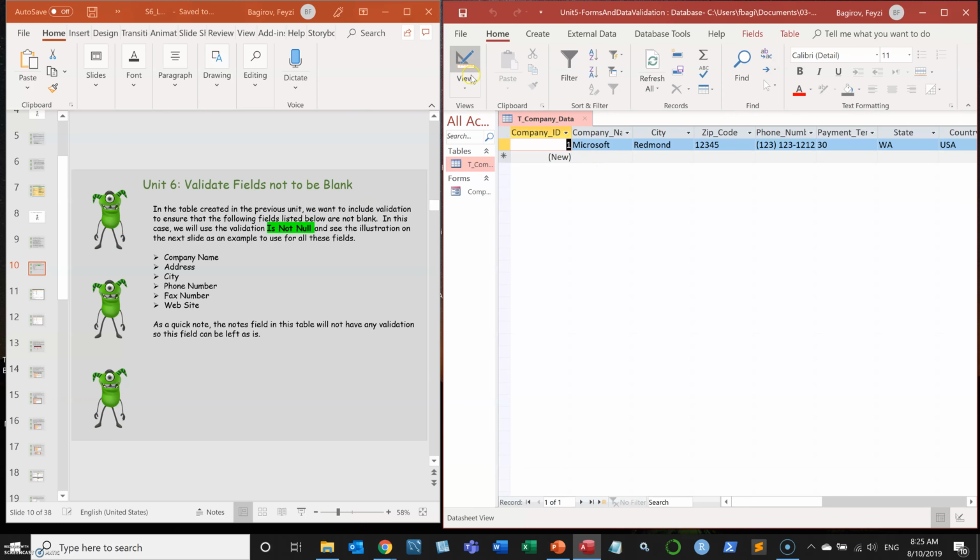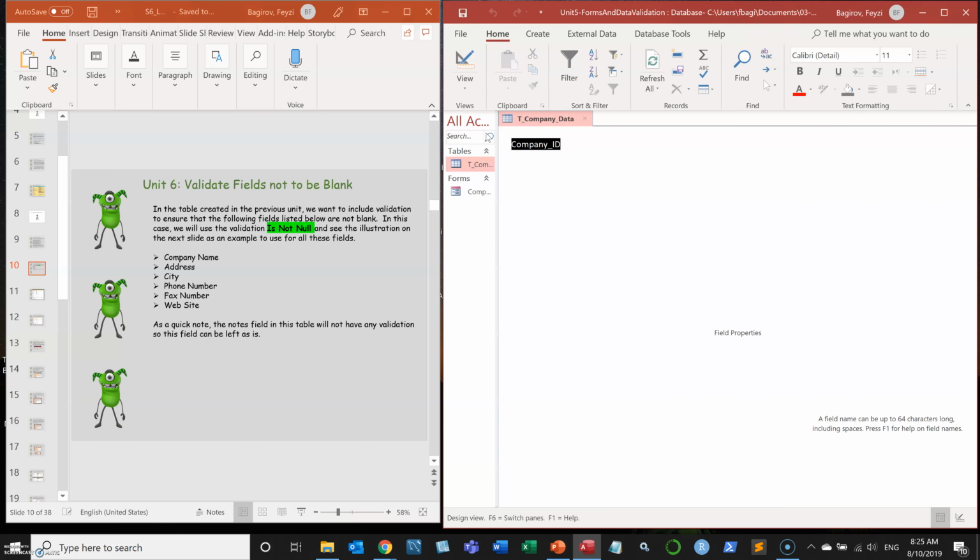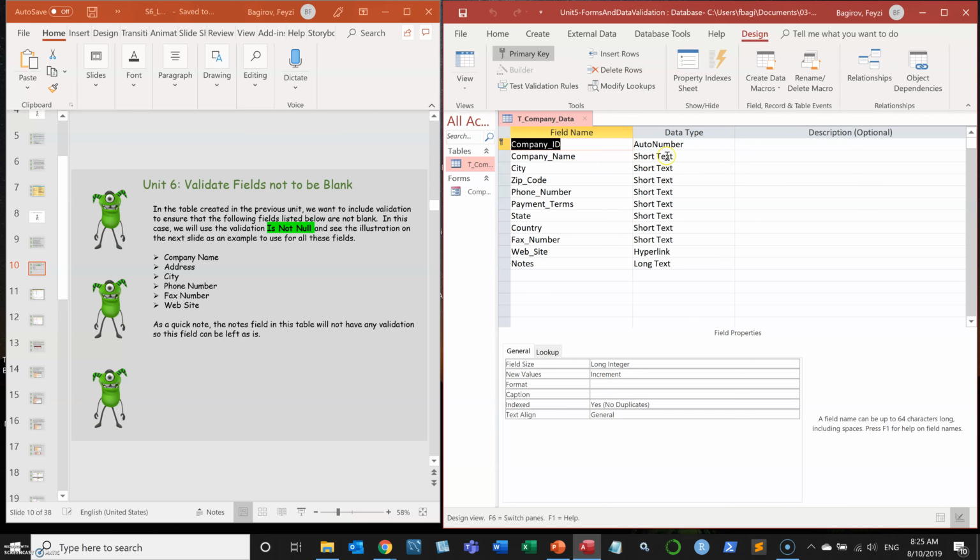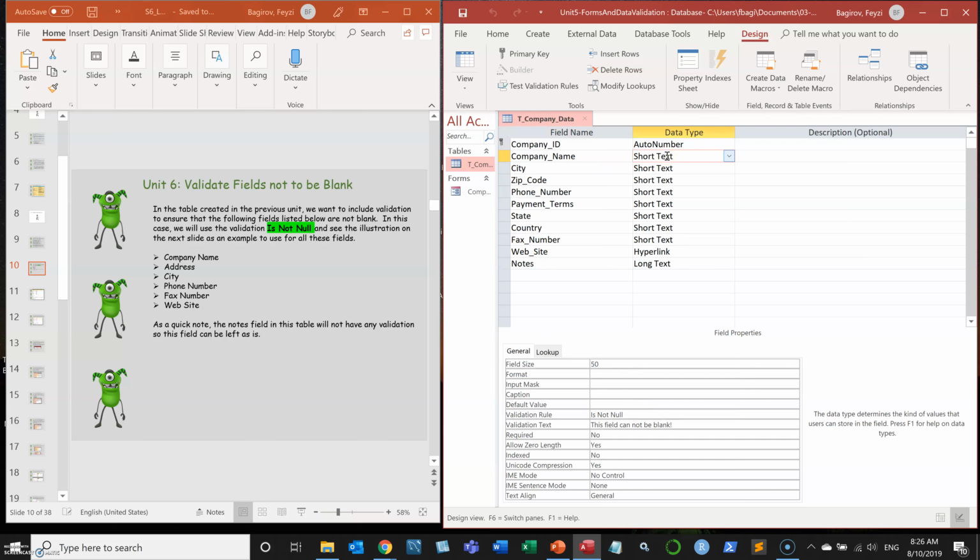All right, so now we're going to do that for every field specified in the slide on the left side. So we already got a company name. So next we're gonna do the address. Oh, we don't even have address. I didn't even notice, but that's okay. Not a big deal. We know that you had to have address, obviously, in your